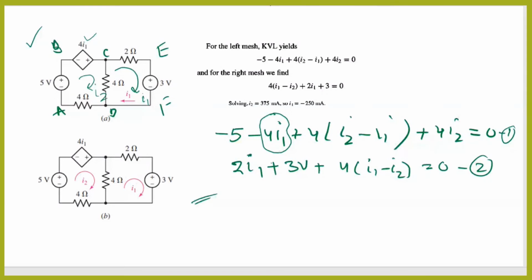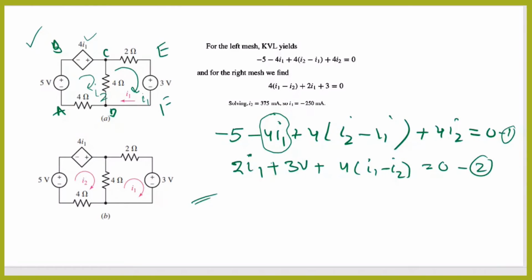Why? Because the current on which it depends, we consider the same current in this loop and the same and opposite current in this loop, that is I1 and I2. If you reverse this, what will happen? The problem will get more complex. Nothing else will happen. If you consider here as I1 and here as I2, no problem, but the problem will become more complex.